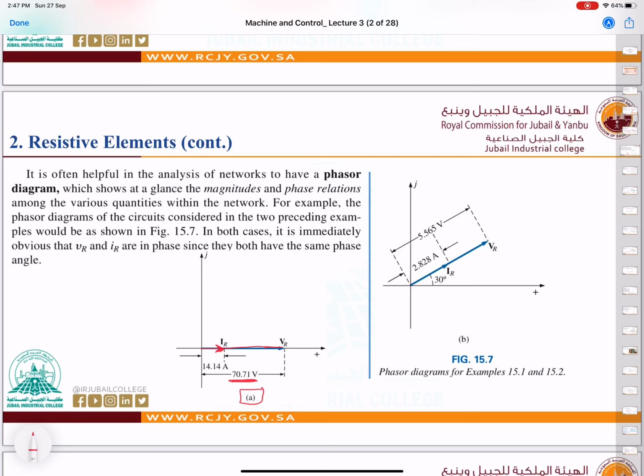They are in phase, with angle 0. Now for the second example we have the angle to be 30. The angle is 30, right? So the voltage here and the current are shifted by 30 degrees, and they are in phase, the only difference is the magnitude. Okay,